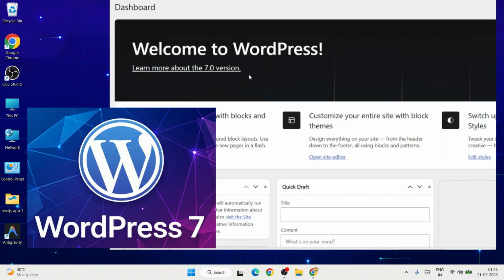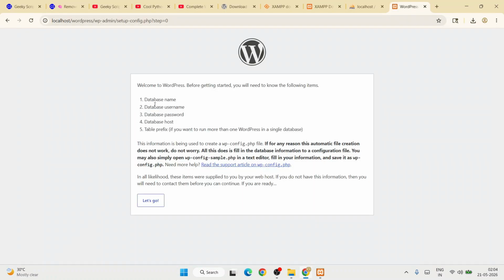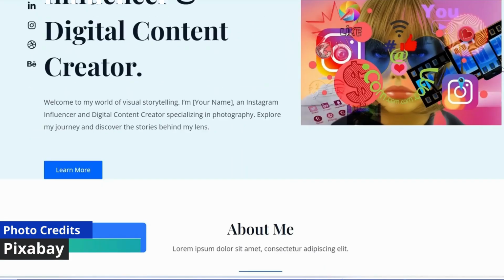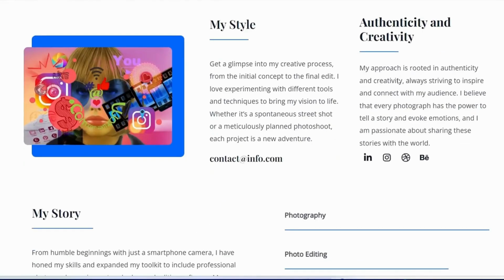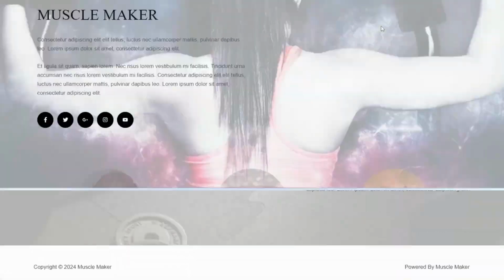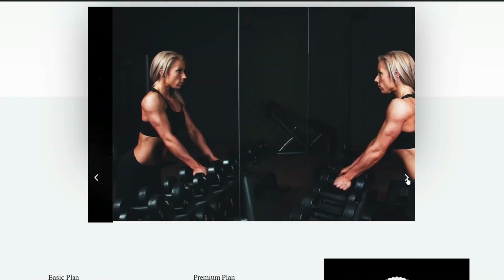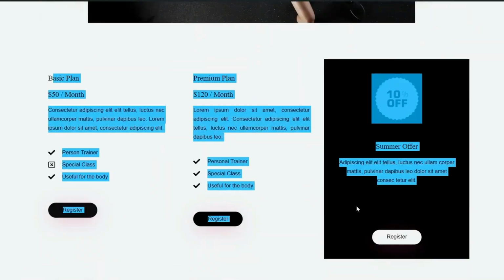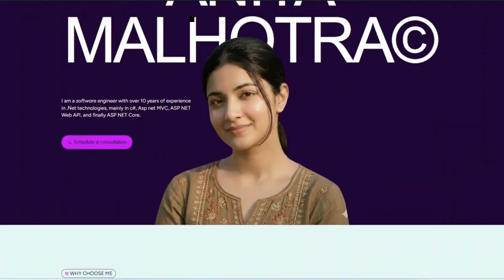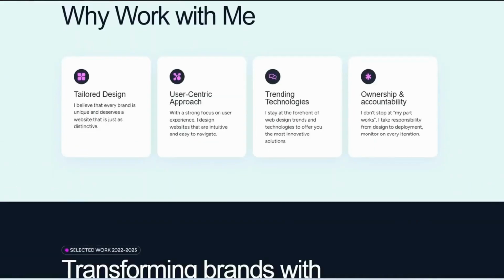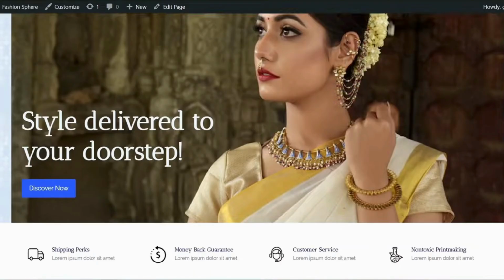Today I am going to show you how to install the latest version of WordPress, that is WordPress version 7, on the Windows operating system. And after that I'll also show you how you can use this WordPress for completely free locally on your system so that you can build all these amazing websites. Or even another portfolio website just like this, or an e-commerce store,